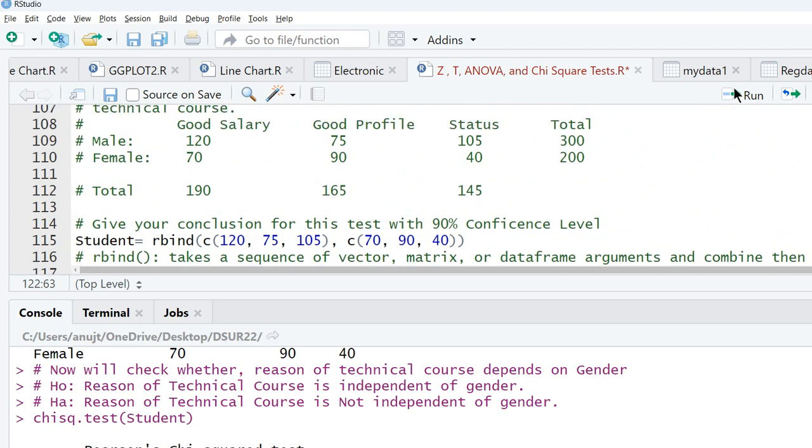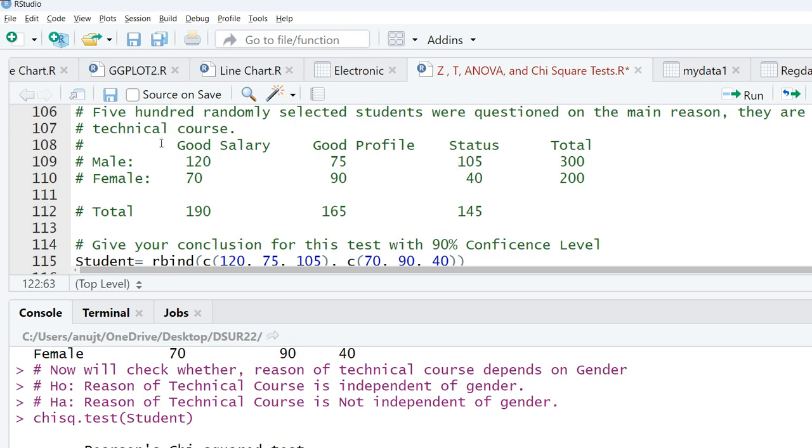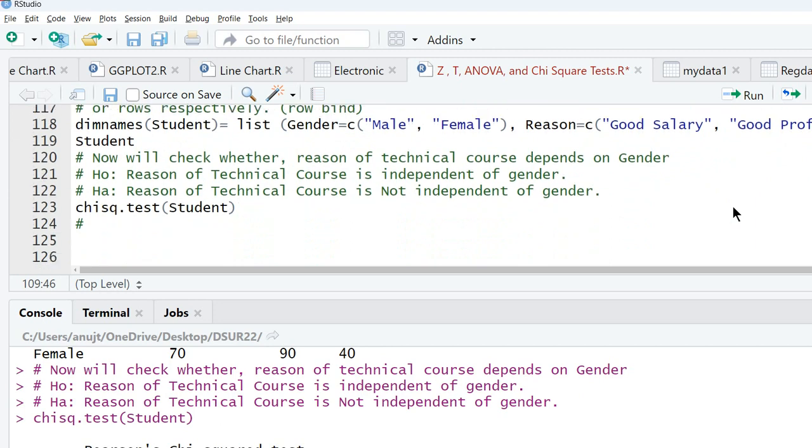According to this data, there is a difference gender wise: females are not going for status, more specifically they are going for good salary and good profile, and males are going for status as well. According to this data, this is hypothetical data I have created. But the output the chi-square test is telling us is that the reason for a technical course depends on gender. So in this video we have learned how to apply z test, t test, and